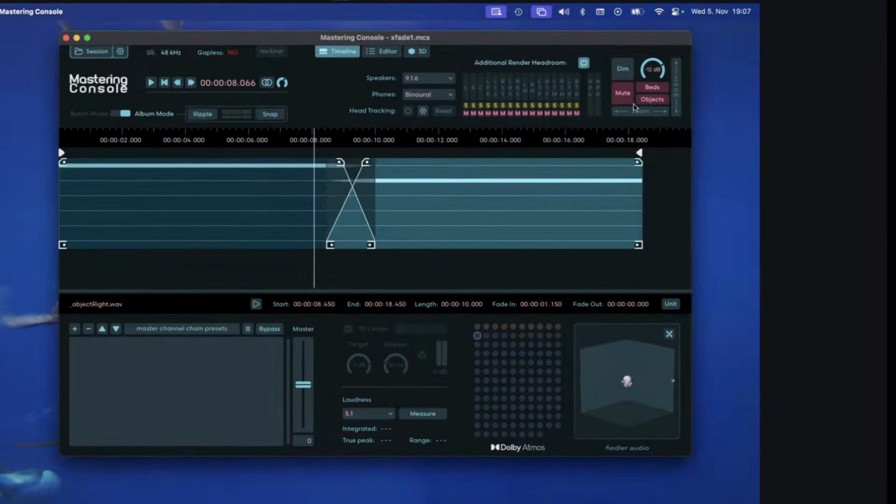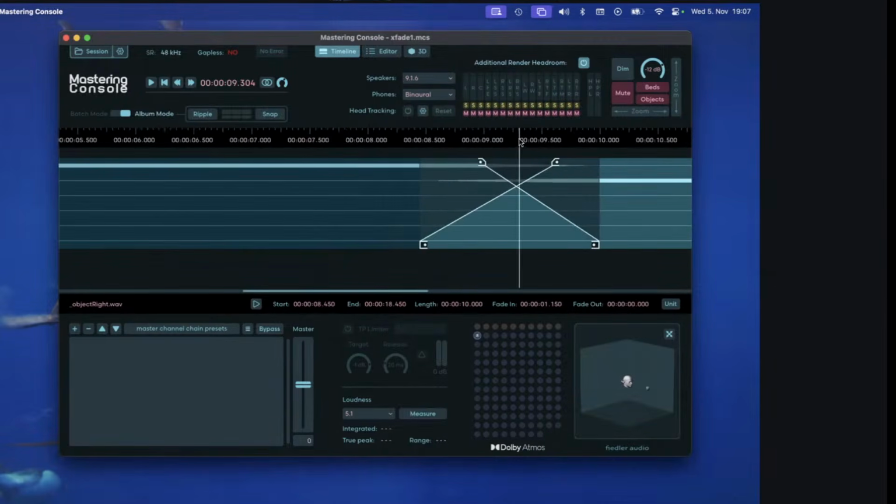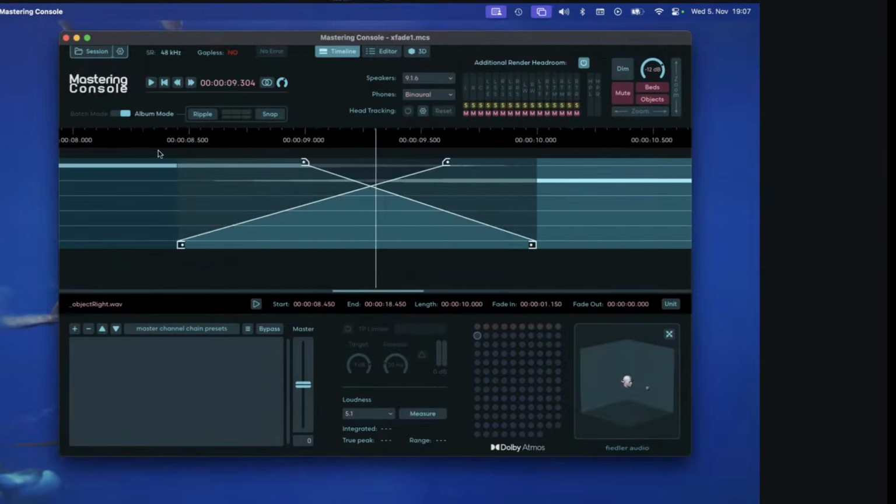let's zoom in a little bit here, so that we have the overlapping region here, or the overlapping part of this region. You can adjust the volume fades, which these curves stand for, in any way you like, but it doesn't influence the position of the object or the interpolation of the object. So basically what happens is